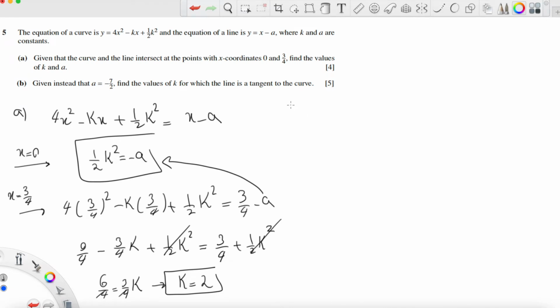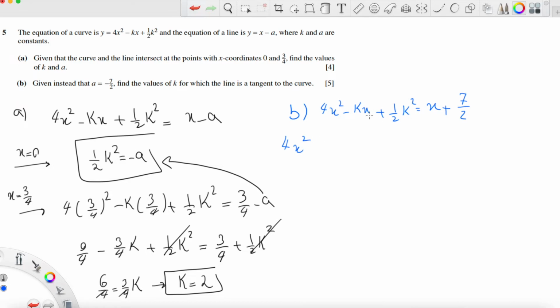Now for part B, it says given that a is negative 7 over 2. So we have this equation x squared minus kx plus half k squared is equal to x, and a is given as negative 7 over 2, so it will become plus 7 over 2. I transfer whatever I have to one side, so it will become 4x